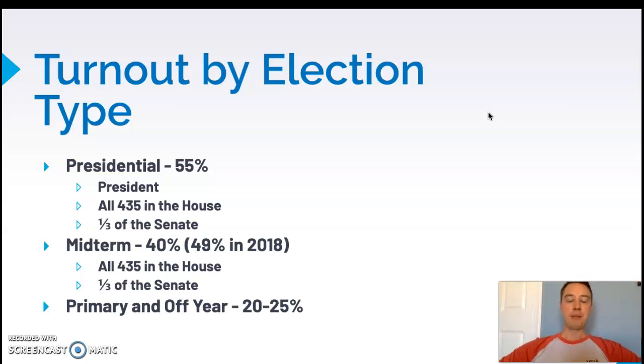Now, that's pretty bad compared to other Western industrialized, I should say post-industrialized nations. We're looking at most other countries in the upper 60s to 70s. I think Australia has an 89, 91% voter turnout. They'd have a small fine that they levy on people who are able to vote but don't.